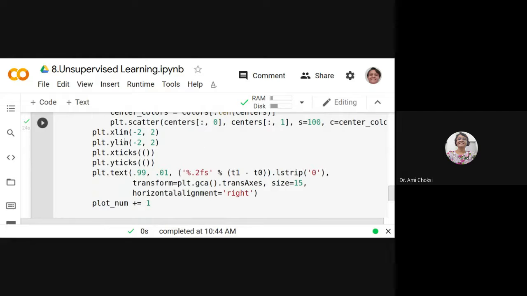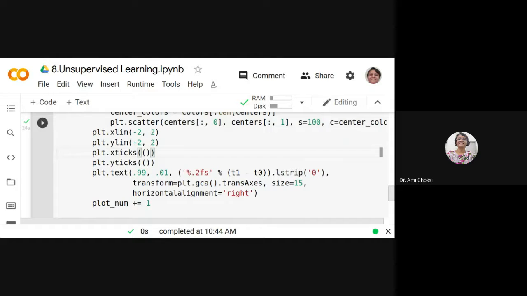Otherwise, for the x limit, that is for the x-axis, we are saying it is starting from -2 to 2 at least. Then for the y limit, we are specifying x ticks and y ticks. X ticks are the ticks we put on the x-axis. Then y ticks are for the y-axis, whatever dots or lines we make, typically we write it as 1, 2, 3, 4, right?